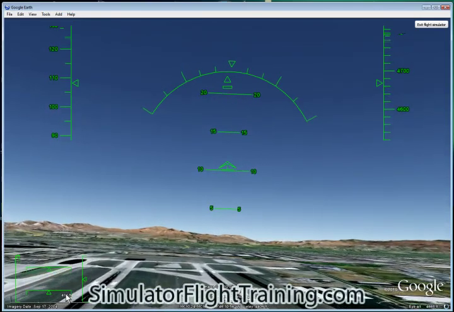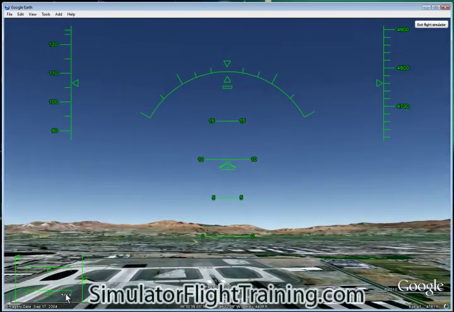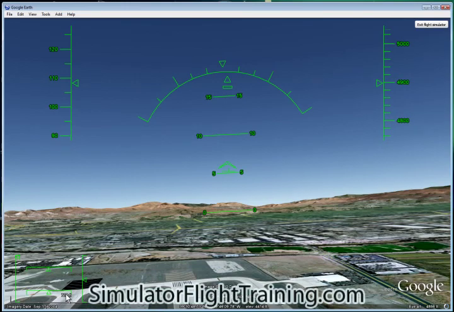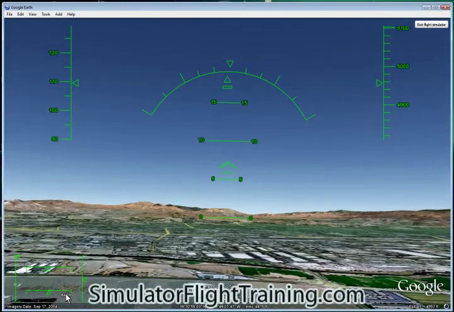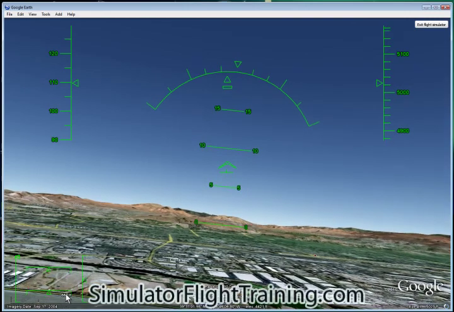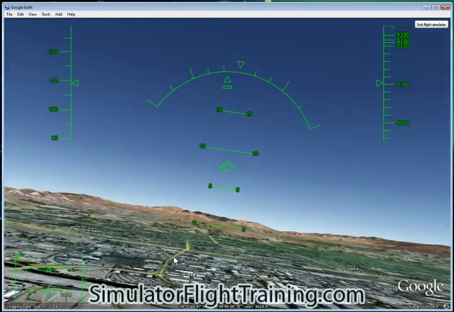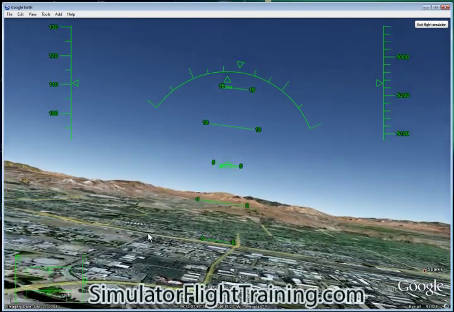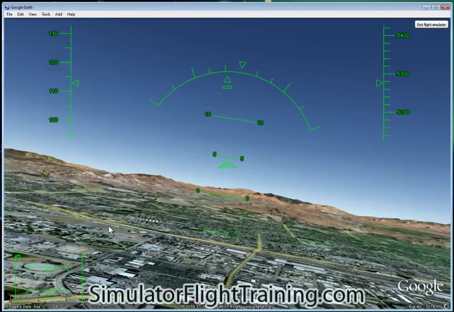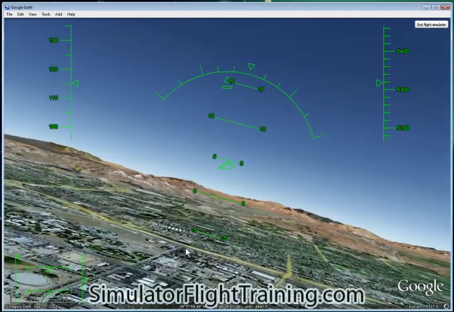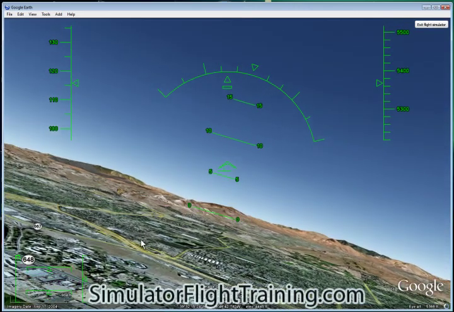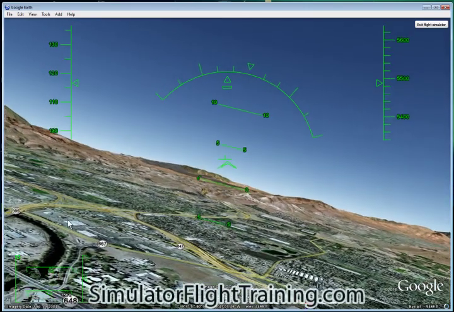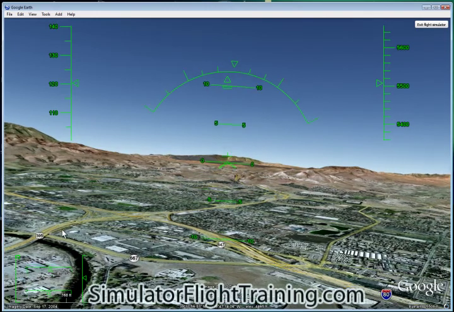Yeah, we're going to climb here. This flight simulator, you will find that this is very, very sensitive. You almost want to fly it by trim. Now, the interesting thing we have here, too, is you'll notice we've got an exact photograph of all the roads. And if you've got in Google, if you've got your roads labeled, you will actually see those roads on Google. Here we see Highway 395,